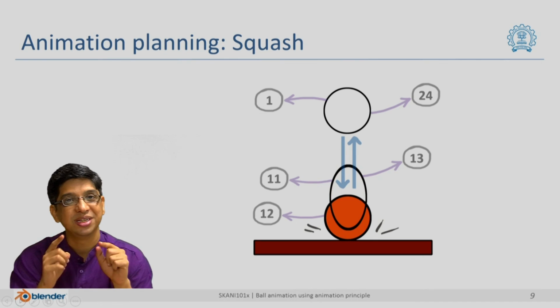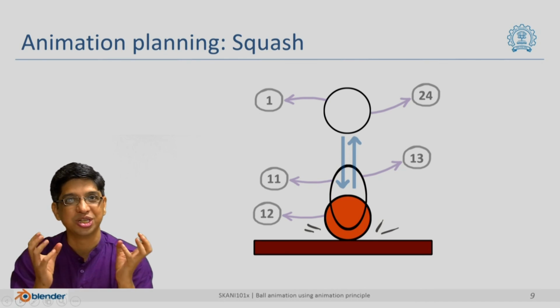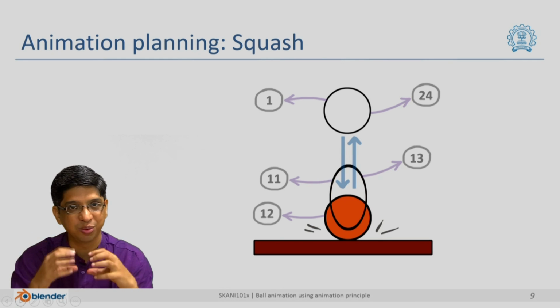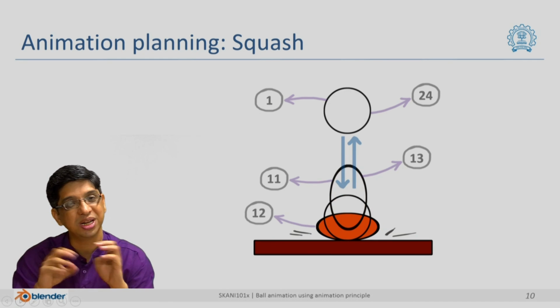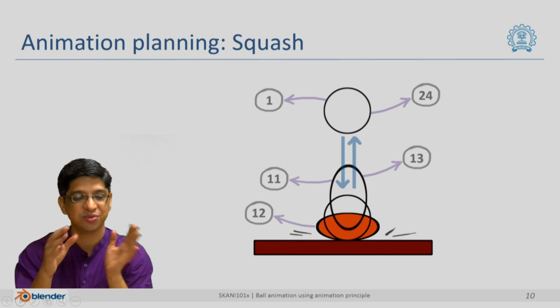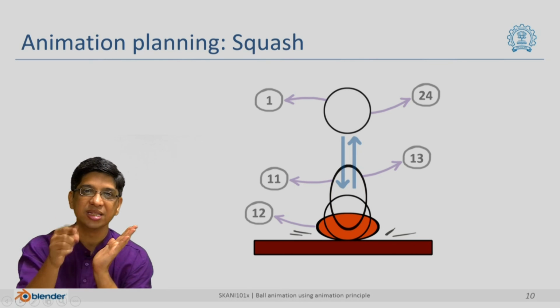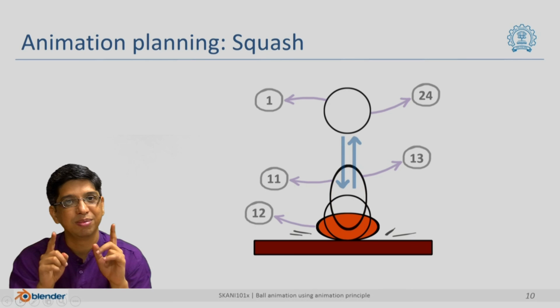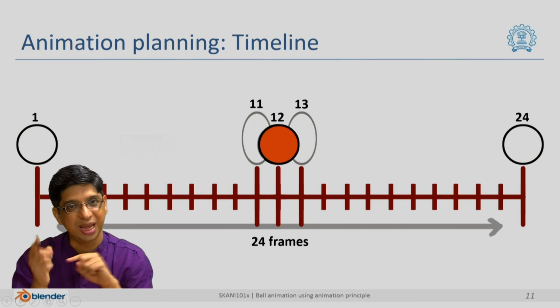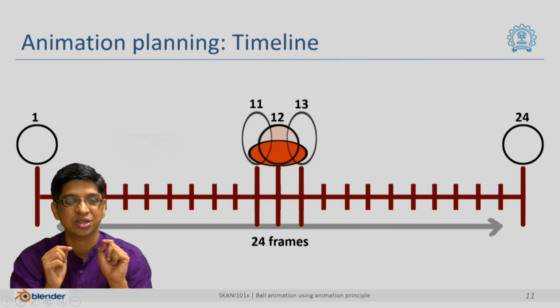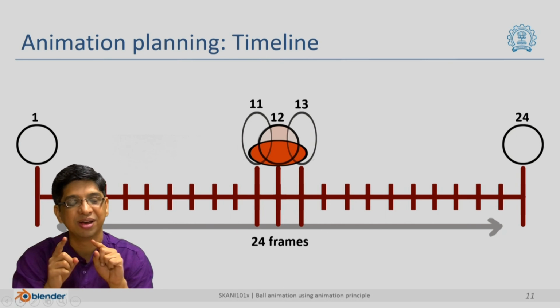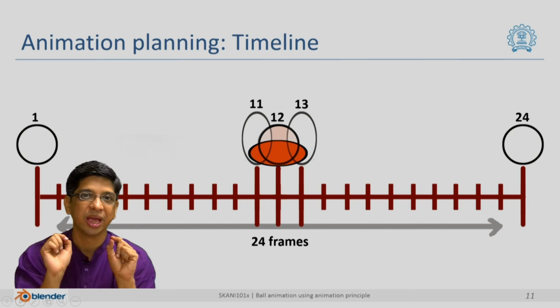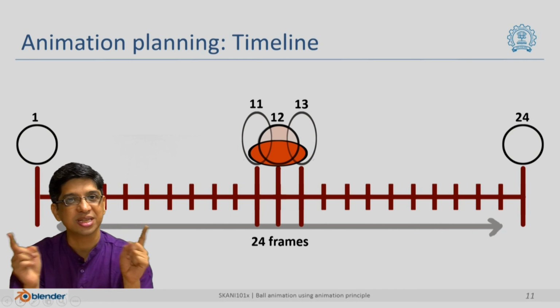There is a question still which we have not answered yet about frame number 12, which is the squashed position, because it will hit the ground with force, it will also deform but in a different manner, which is called squash when it hits the ground. This has to be shown on frame number 12. Again, by replacing the position on the timeline, it will look something like this. So, you will have frame number 12 as a squashed position and the rest of the positions as we discussed earlier.